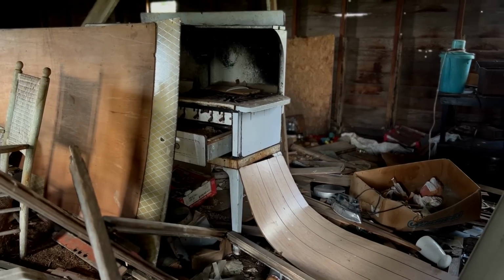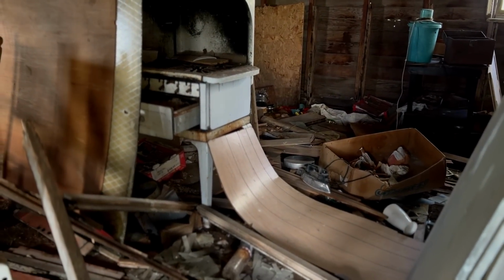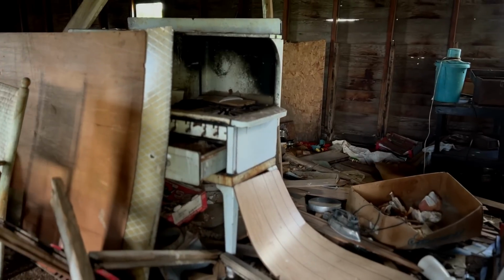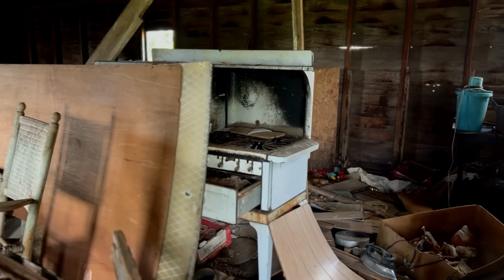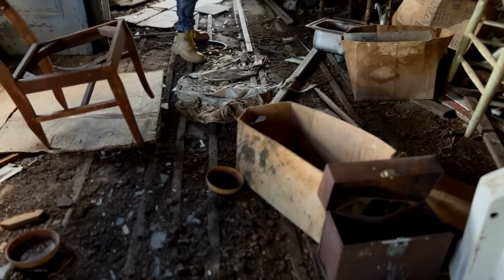Yeah, there's an old stove over there. We're not going to walk on that side just because there's a lot of broken glass. We don't know what the flooring looks like underneath the items, and what we're walking on right now is a bit squidgy, so...